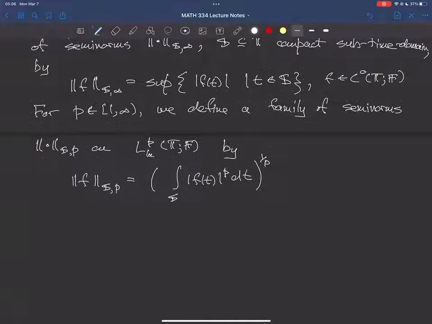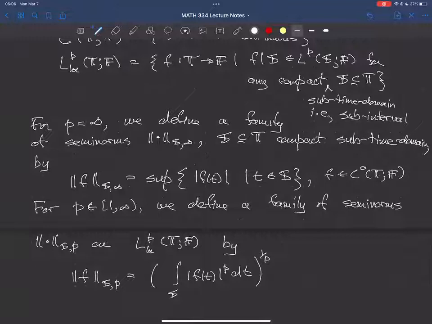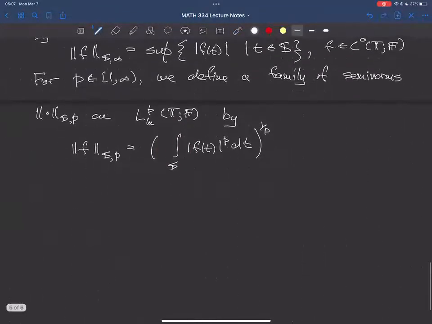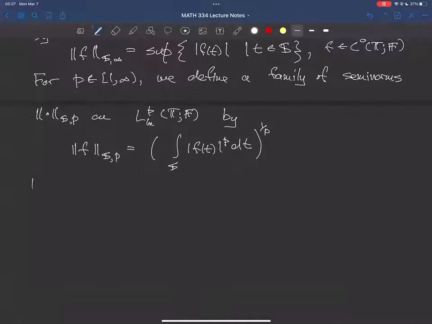And so we end up with a situation which is rather analogous to what we did in the discrete time case, except the only difference here is we have integrals instead of sums. So we can define a notion of convergence in exactly the same way as we did before in the discrete time case.